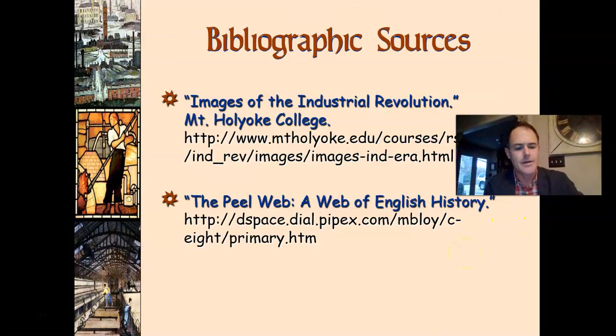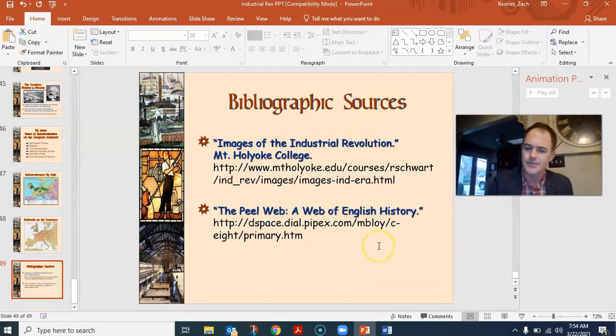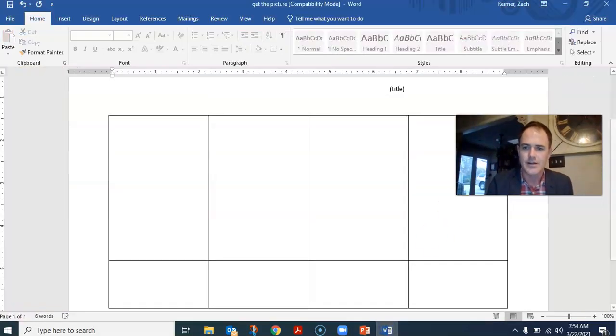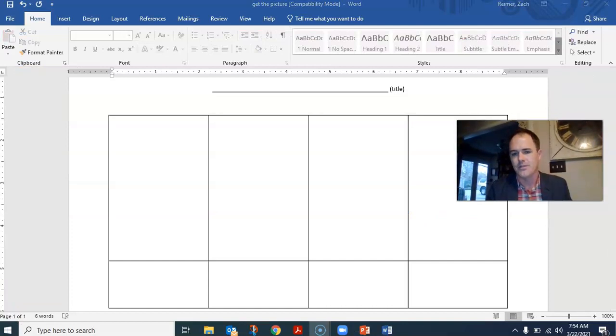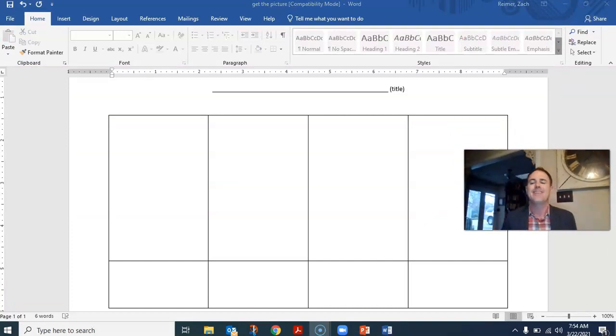All right, so those are causes and effects of the Industrial Revolution. And so what I want you to do now is, on this chart, which I've put in Google Classroom, create a picture of causes and effects of the Industrial Revolution. So like those first two boxes, right, make them about the causes, and then the last two boxes make them about the effects. And it's called Get the Picture because I want you to include a picture of the cause,